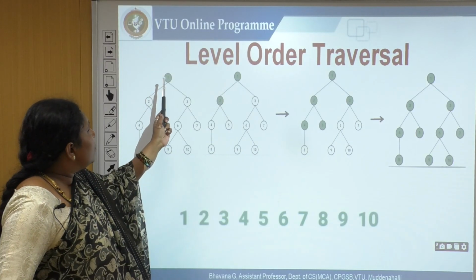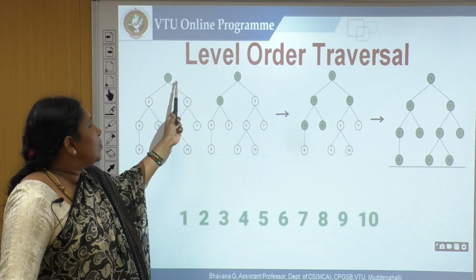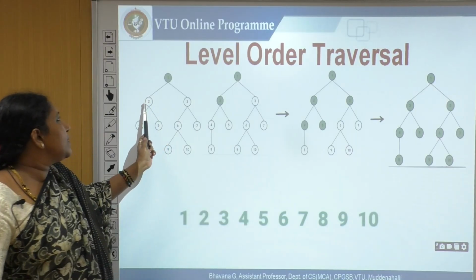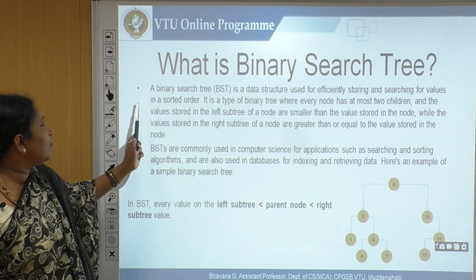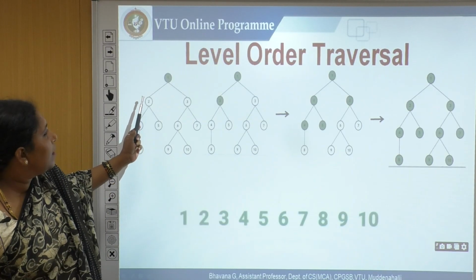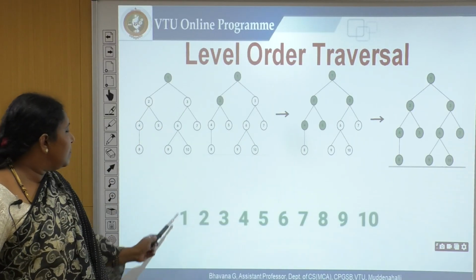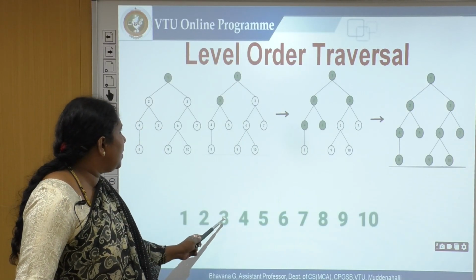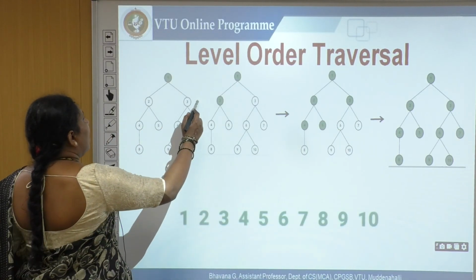You can see here. So first I will be visiting 1. So this level is over. Second, I will be visiting 2. Then after 2, one more element is there, that is 3. So these 2 elements I will visit. So 1, then 2, 3. So this level is complete. After this,